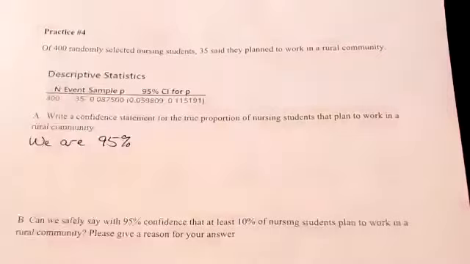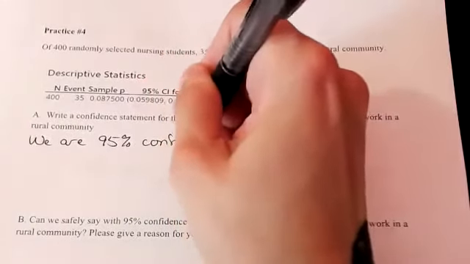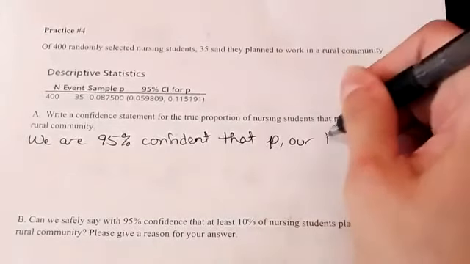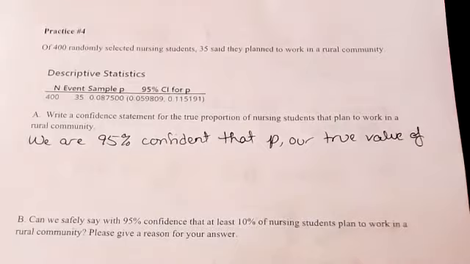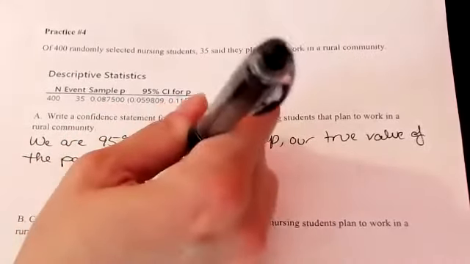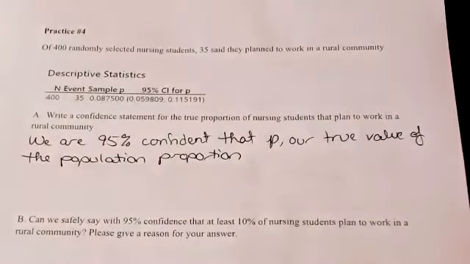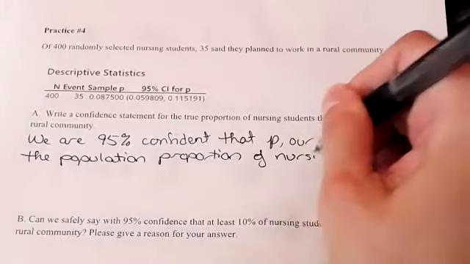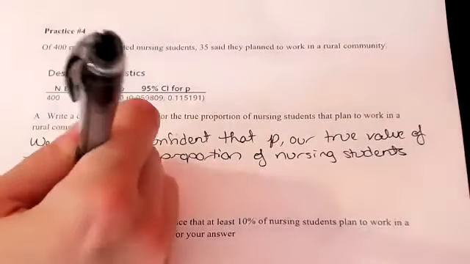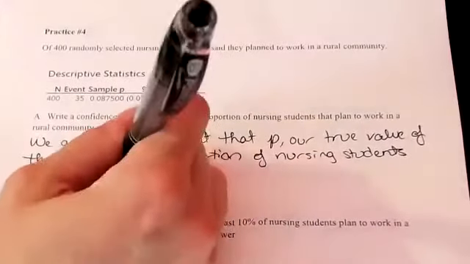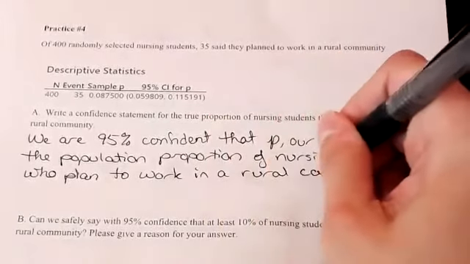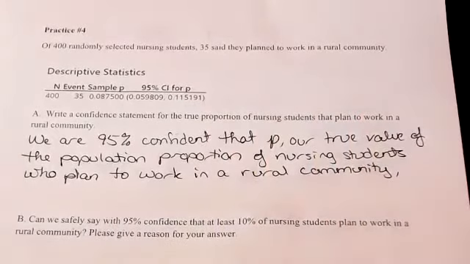We are 95% confident that P, our true value of the population proportion of nursing students who plan to work in a rural community will be between